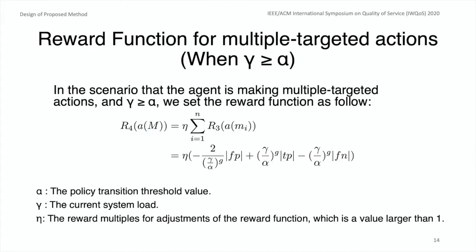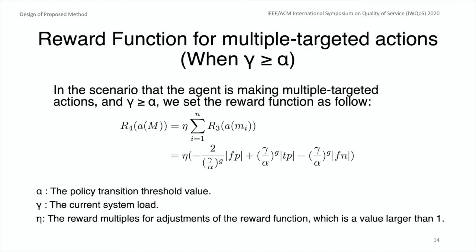For multiple targeted actions in this scenario, the reward function is also the sum of all the affected application messages' rewards and times by eta. The detailed reward function is as follows. Here we also define an eta as a reward multiplier for adjustments of the reward function, which is a value